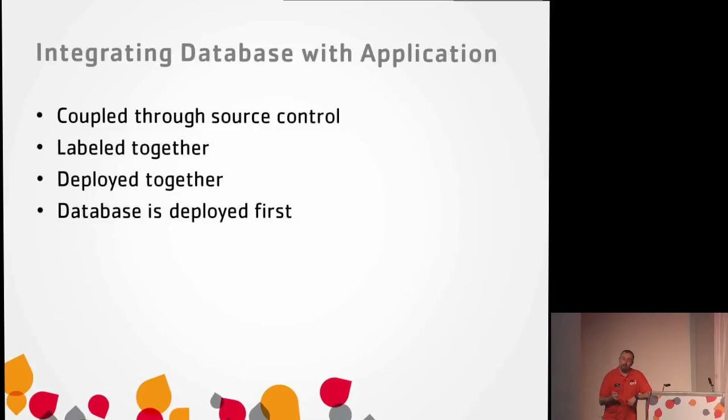So if you're going to make that team, and if you're going to bring your strength into it, then what you've got to do is completely and tightly couple the application to the database, right? Their code to your code. They've got to be connected together. I don't know any other way to do it except source control. But once they're connected together, they get labeled together, or versioned, or whatever. What's Mercurial do? It's not label, it's tag. Thank you. They get tagged together.